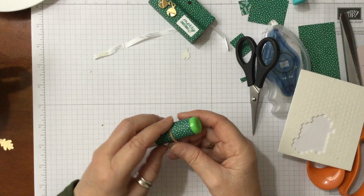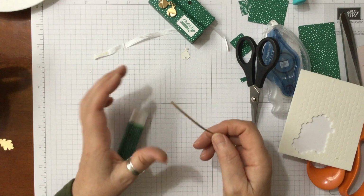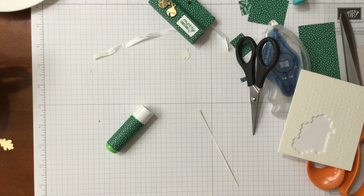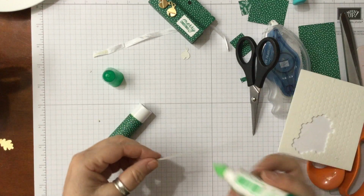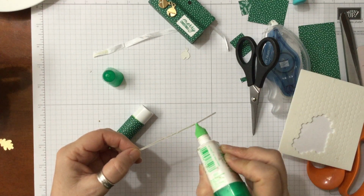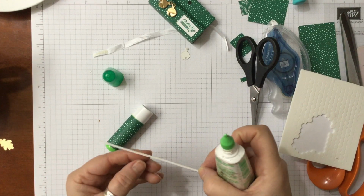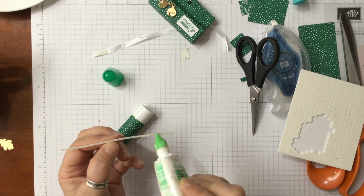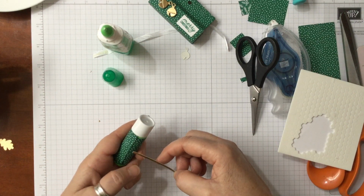So I'm going to use my wet glue on this because I know that my wet glue will stick it. So let me grab some wet glue. Right. So if I just take a little bit of this wet glue and run it down here, we're then going to have just a little piece like that. And as I say, I'm doing it with wet glue. I could have done it with double-sided sticky sheets, but because we're just using this tiny little bit, I'm going to start it at the seam